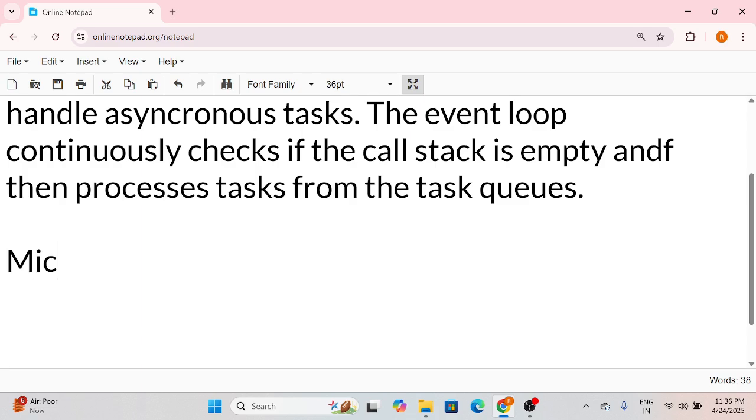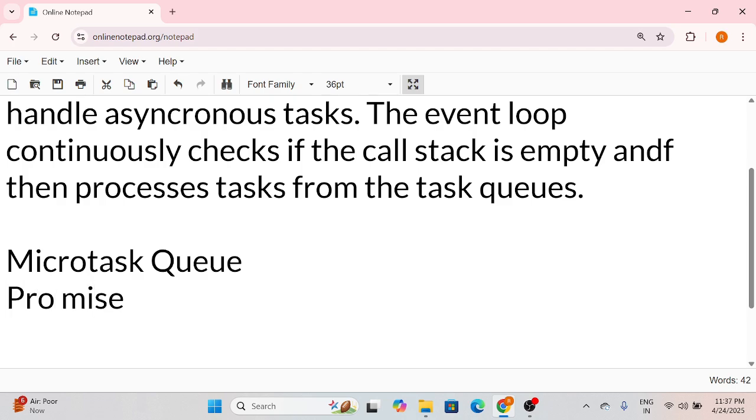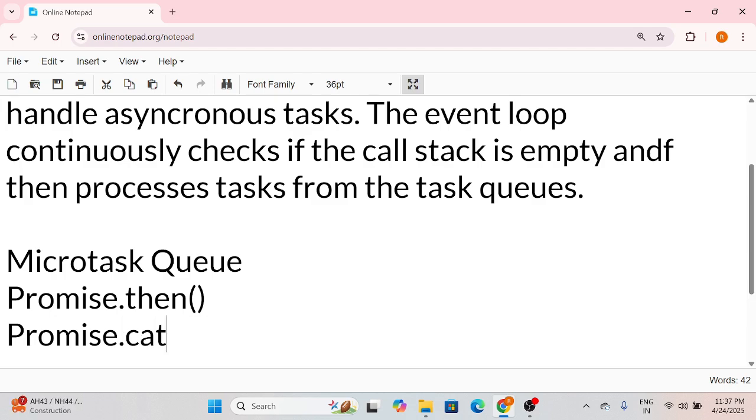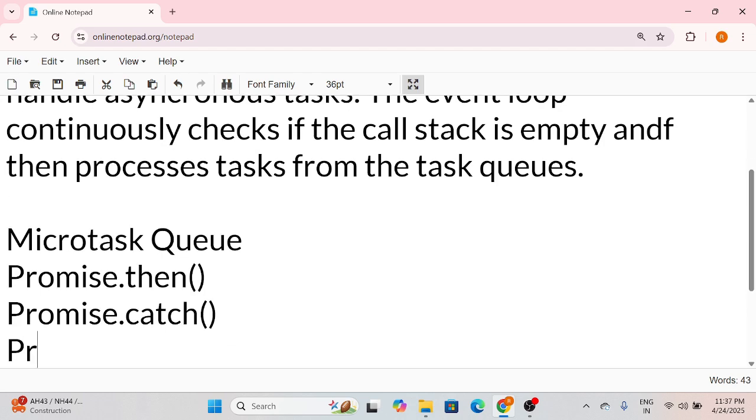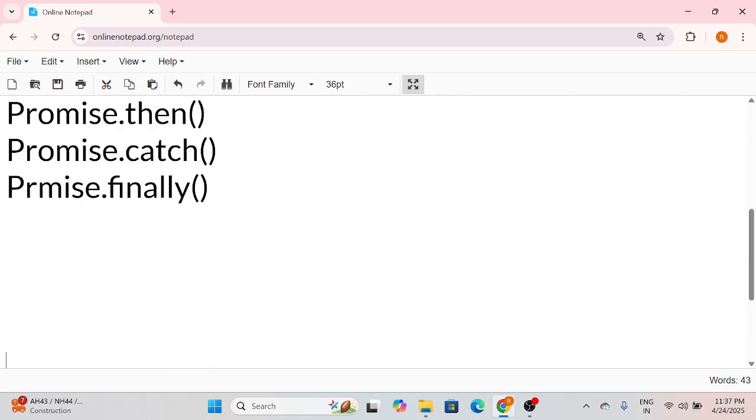like the micro task queue. It contains, first of all, promise.then, promise.catch and promise.finally. And then queueMicrotask also,